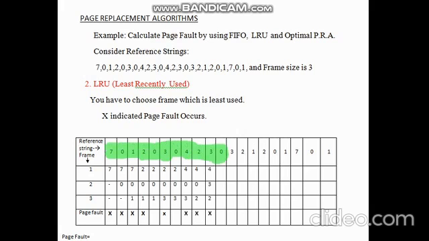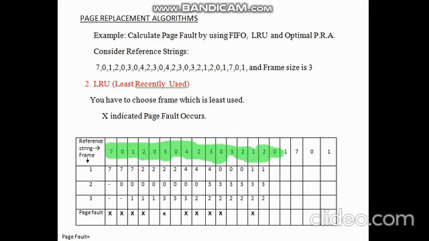Now CPU demands page number 0, which is not currently present in main memory, so it will be transferred from secondary memory to primary memory, and 4 is least recently used, so in place of 4, 0 will be entered, and 4 will be swapped out. 3 and 2 will overlap on 3 and 2 respectively, so a page hit will occur. Now 1 will be replaced on 0 because 0 is least recently used.